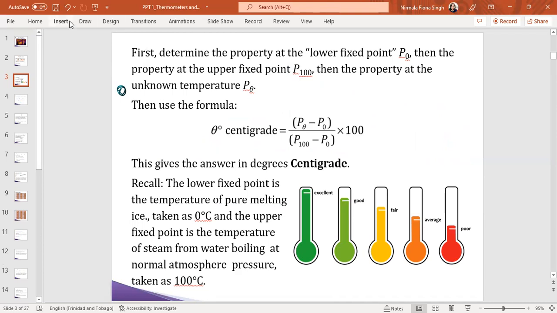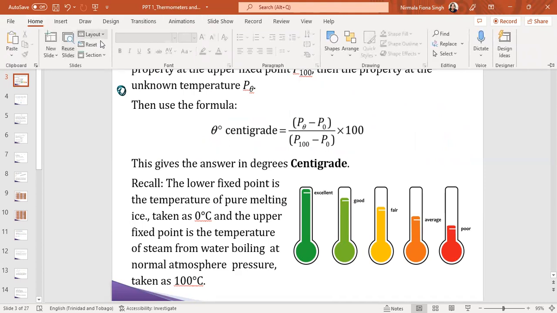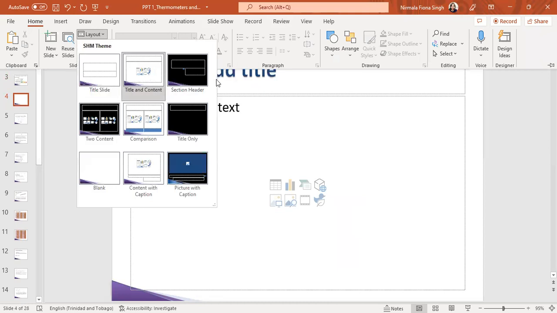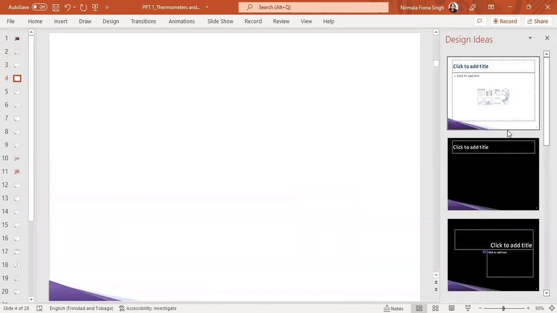Why do we want the temperature of pure melting ice? This is what happens. Where can I pop in a new slide? New slide. Right. So what we have,